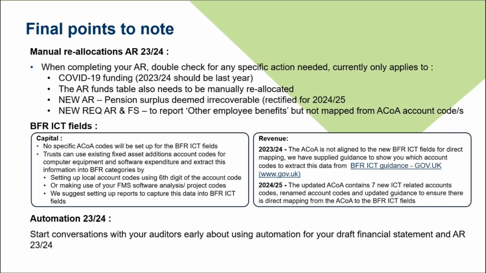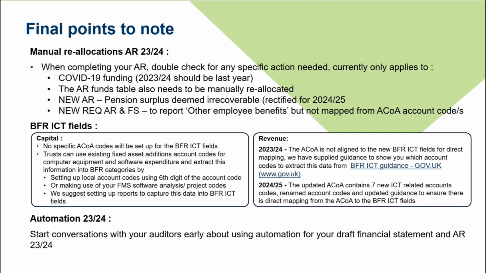Then there's the new accounts return field, which I've mentioned a couple of times already, where you'll have to manually reallocate funding to the pension surplus deemed irrecoverable. And then there's also a new requirement in the AR and the financial statements this year to report other employee benefits. So there's a new field in the accounts return,